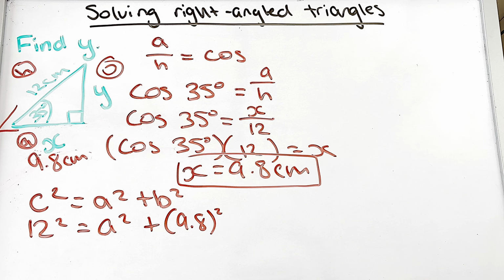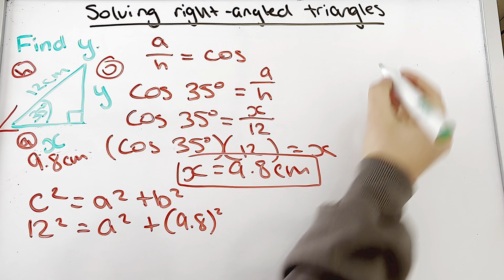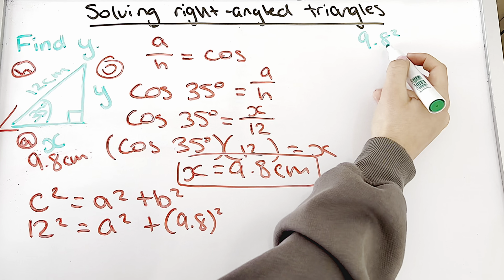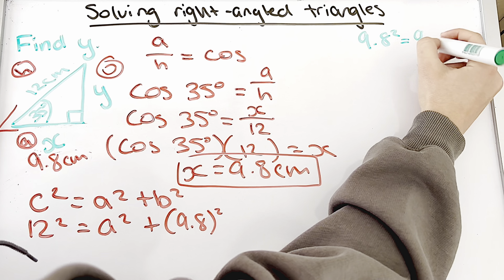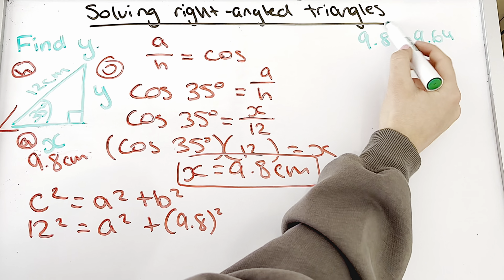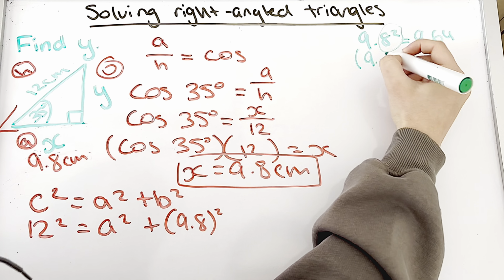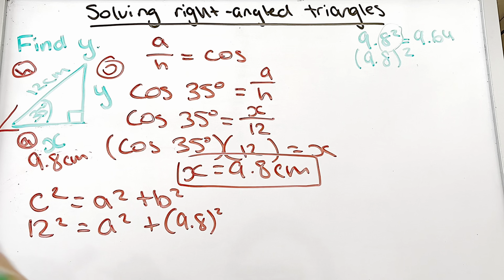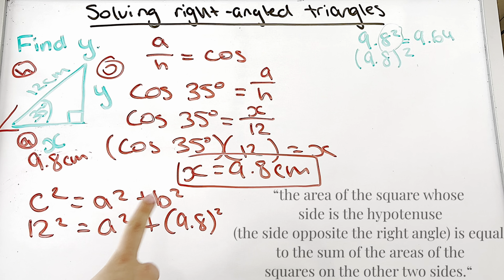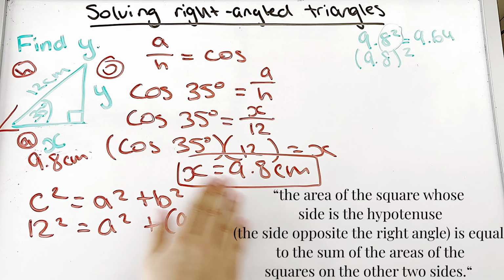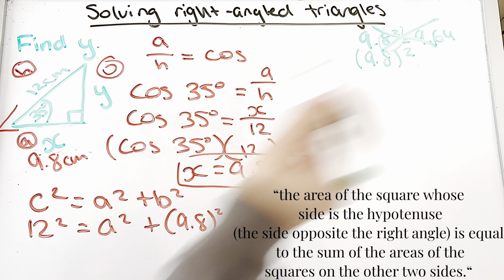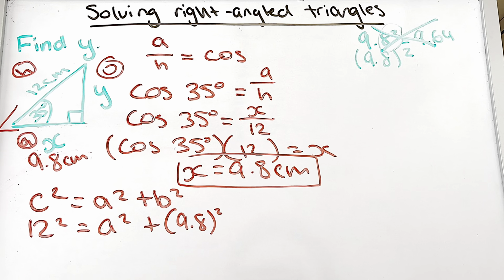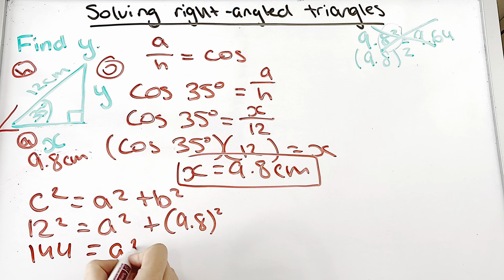If I were to do 9.8 and only square the 8, that's just going to give me 9.64, because I'm only squaring this 8. But if I bracket the 9.8 and square the whole thing, that's what I essentially need to do, because that's what the formula states. I have to take the whole number and square the whole thing. So don't do this, okay? Now we have 144, that's 12 squared, is equal to a squared plus 9.8 squared, which gives us